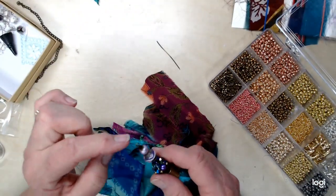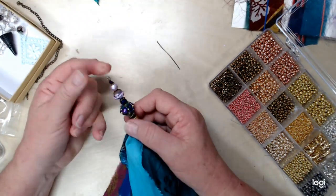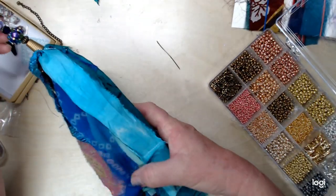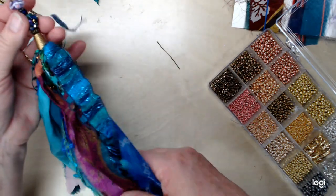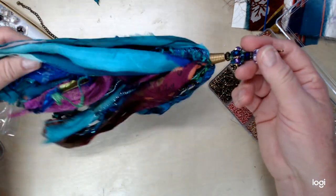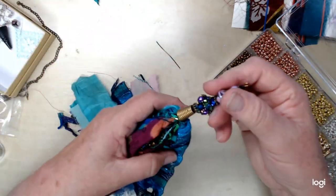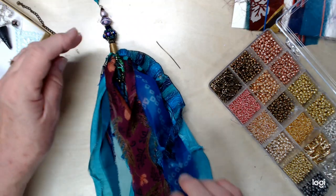Now all I have to do is put like a big lobster claw or something up here so that it can be attached to a journal spine or your purse or your anything in the world. You can just clip them anywhere. I have been known to clip them on my curtains even before in my craft room, just because they're so